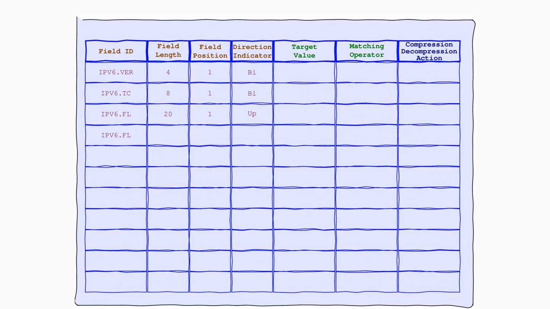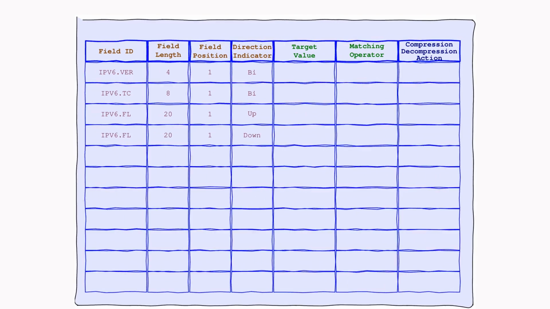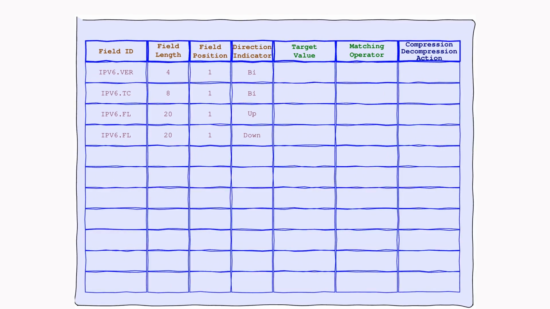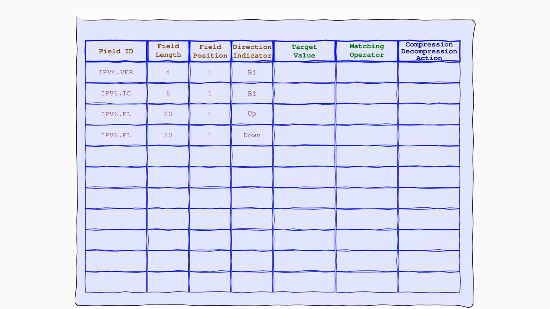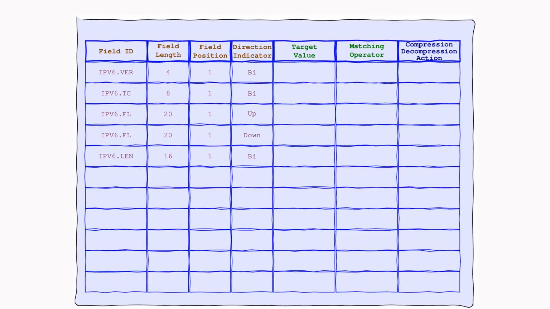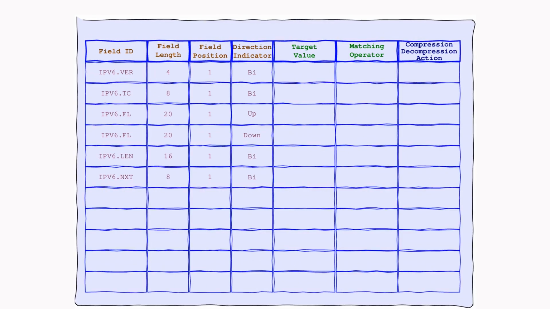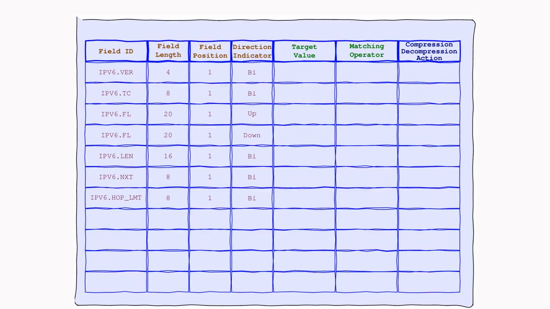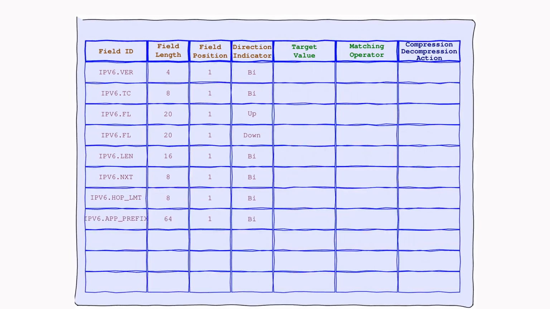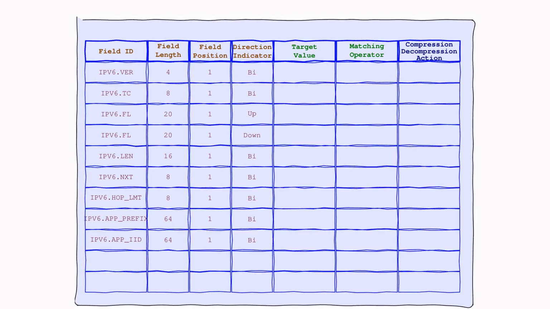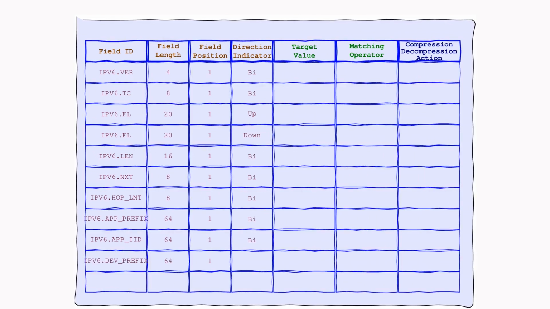The traffic class is straightforward, so we'll move on to something more intriguing. Now, picture the flow label, potentially changing its values regarding the directions. Let's embrace this diversity by creating 2 entries, one for uplink and another for downlink. As we continue our exploration of IPv6 fields, you might find some entries unnecessary. Don't worry, that's perfectly normal when dealing with a relatively simple protocol like IPv6.